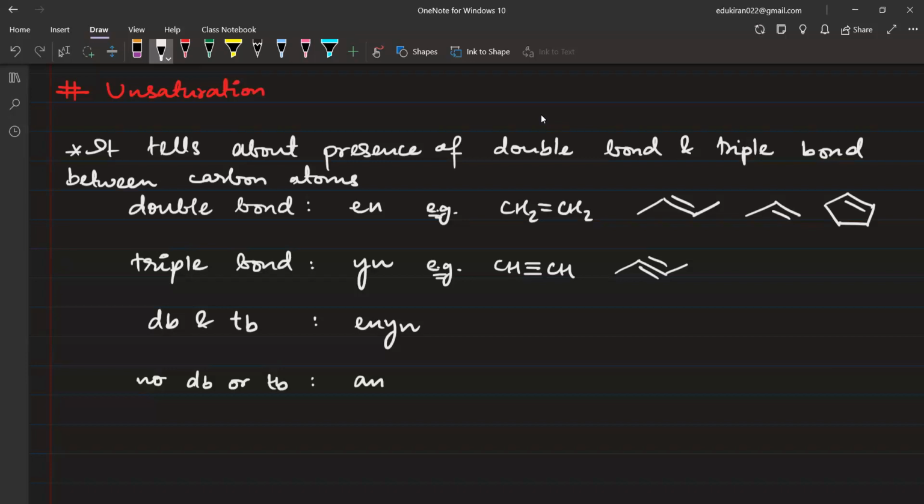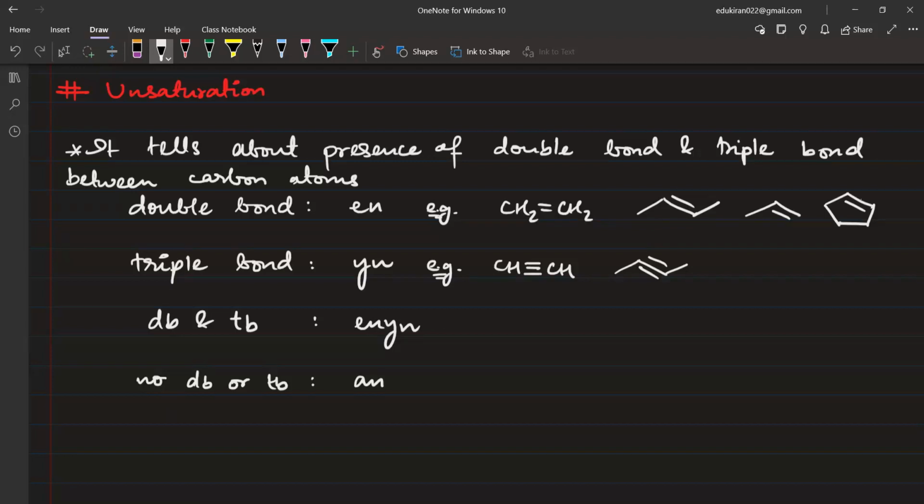But इसमें तो कभी भी आपके पास triple bond नहीं आ पाएगा, ठीक है? You will not get triple bond here. There can be a triple bond here, but it is going to be very unstable. A triple bond is cyclic structures में नहीं होता because triple bond will not have any angle. Triple bond is present, that means it is sp carbon atom, and sp carbon atom is what? Sp carbon atom is linear in structure, right? So linear होगा तो फिर ये ring कभी बन नहीं पाएगा, ring के लिए आपको कोई ना कोई angle चाहिए